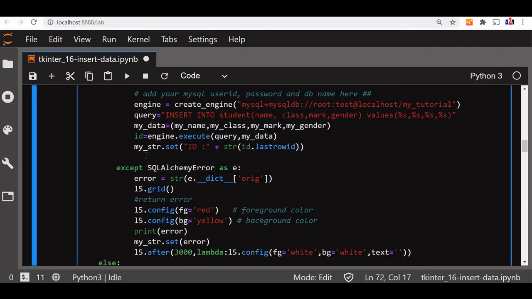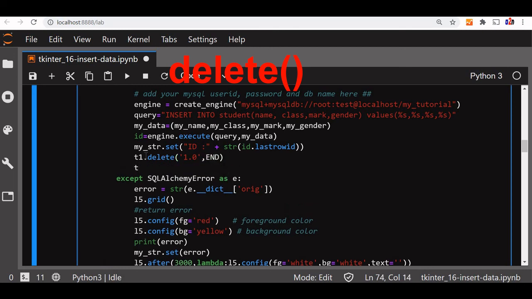After displaying the data or the row ID, let's remove the text 1. T1 delete starting from 1.0 till end. Now the same thing for T2.